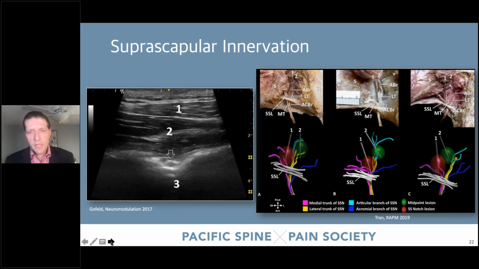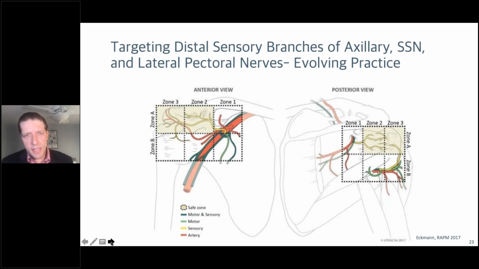Next slide. Max Ekman, who's at Texas Tech, also put out a great cadaveric review showing kind of the zones. So the question is, what are the two other nerves? The two other nerves that are supplying sensation, one posteriorly is the axillary nerve, which emerges through the quadrangular space and, as it courses superiorly, gives sensory branches to the superior and lateral aspect of the glenohumeral joint posteriorly,